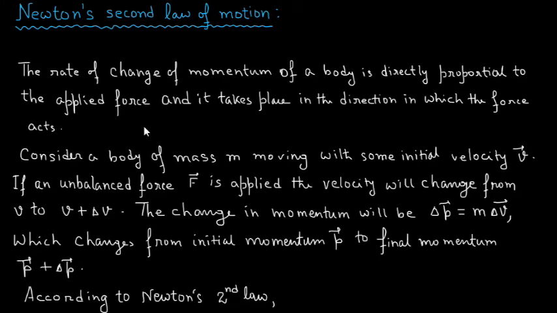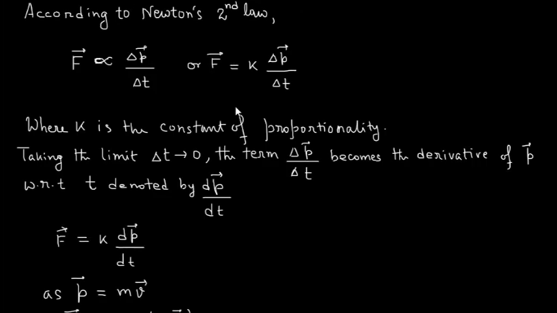According to Newton's second law of motion, F is directly proportional to the rate of change of momentum, that is, change of momentum delta p upon time, that means delta t. Therefore, we can write F is equal to k delta p divided by delta t, where k is the proportionality constant. Taking the limit delta t tends to 0, then